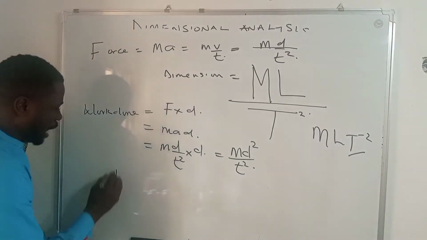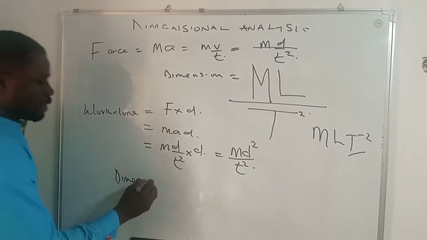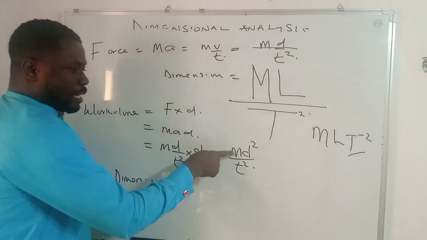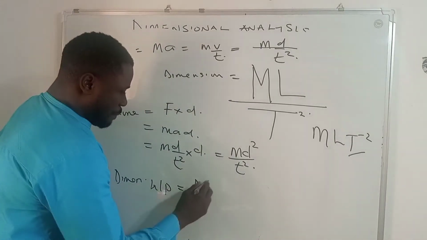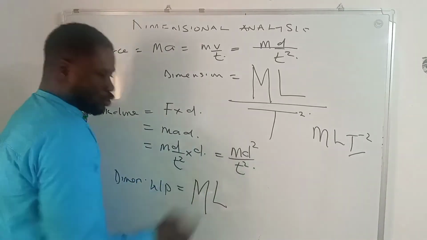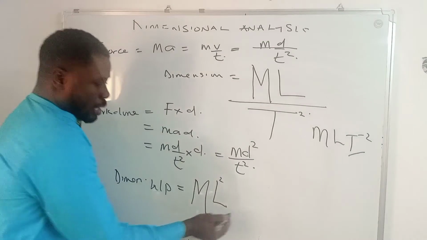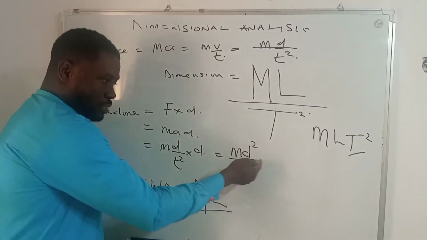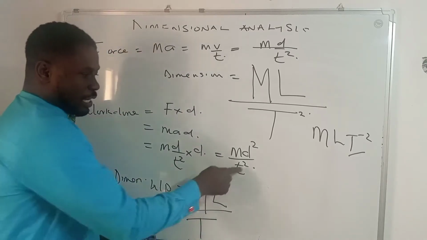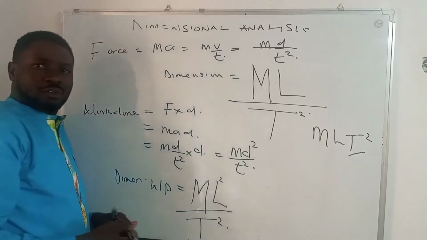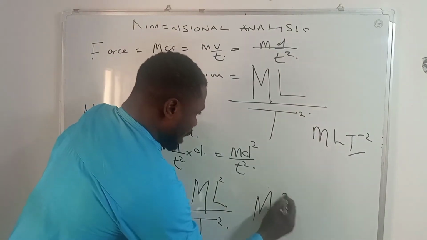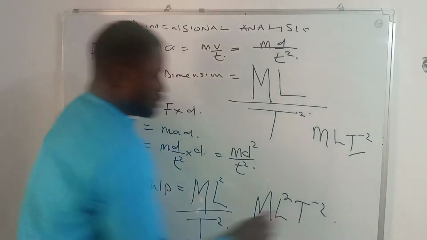And so at this point, I will now say dimension. I will look for the dimension of work done. Work done dimension will therefore be equal to the dimension of mass, which is capital M. The dimension of d, capital L. Because the d is raised to power 2, this L has to be raised to power 2, all over, this division sign. Then this t has to be capital T. Because this t is raised to power 2, this capital T has to be raised to power 2. And then you now have the dimension as M L raised to power 2 T minus 2. That's the dimension of work done.